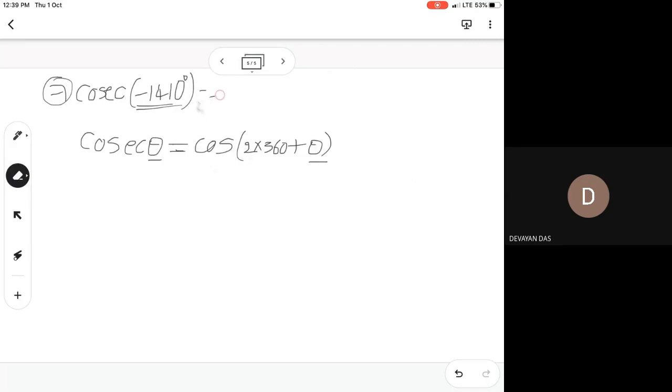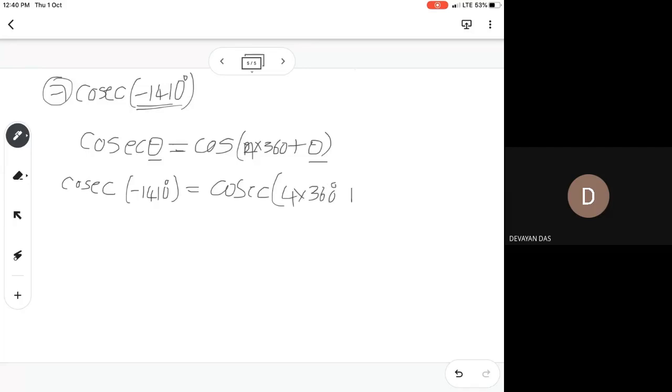See here, there will be different ways to do the problem. This is a little bit easy way I'm saying to you, but other ways I'm also going to accept. cosec 1410 degrees. You take n, not only 2, any number can be taken into consideration, to make this a positive number. Let us take a nearby value. 720 doubled is 1440, so 4 times can be taken into consideration. So 4 into 360 plus minus 1410 degrees. Can I write like this?